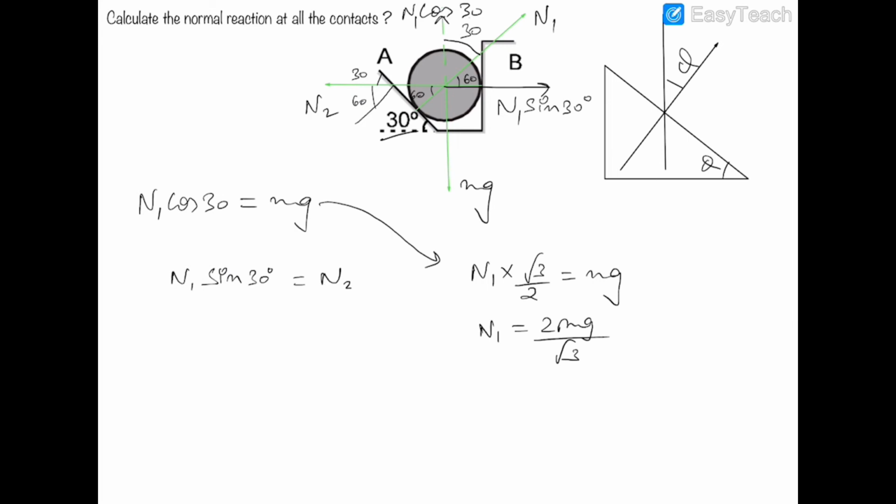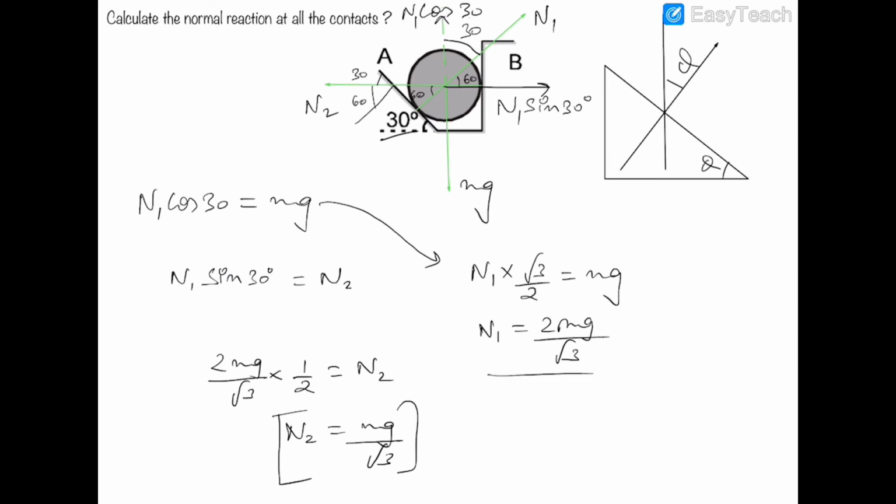Similarly, if we put this value here, 2 mg upon root 3 into sin 30, which is half, it is equal to N2. Therefore, N2 will be equal to mg upon root 3. This is the value of N2, and this is the value of N1. So we can see that N2 and N1 are the normal reactions of these contacts, and there is an important